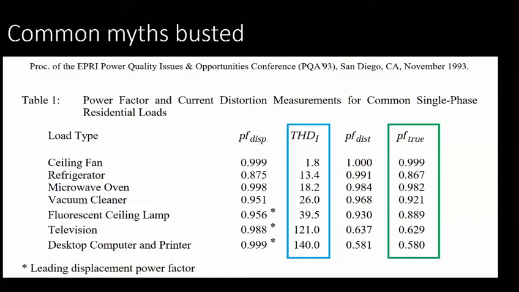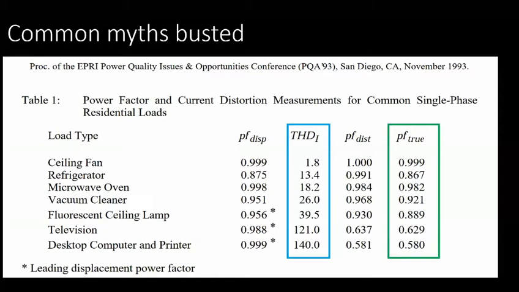So here, trying to look at some very common day-to-day applications, and it is an interesting find from a document that I found from the United States, that some of the very common day-to-day applications, like the ceiling fan at home, our common refrigerator, the fridge at home, the microwave oven, a vacuum cleaner, a fluorescent ceiling lamp, television, desktop computer, and printer. They have got very, very poor power factors, as you can see, particularly desktop computer and printer, television, and we don't realize it because we use these equipments daily so much, but we do not realize that